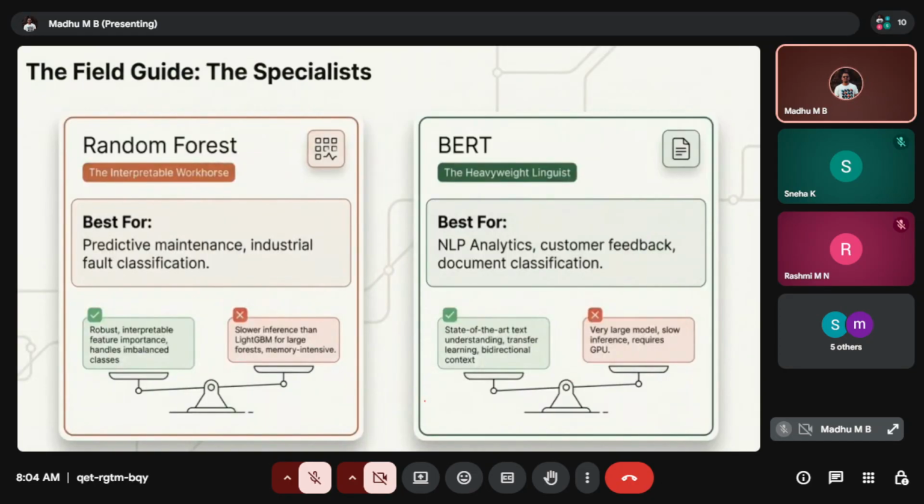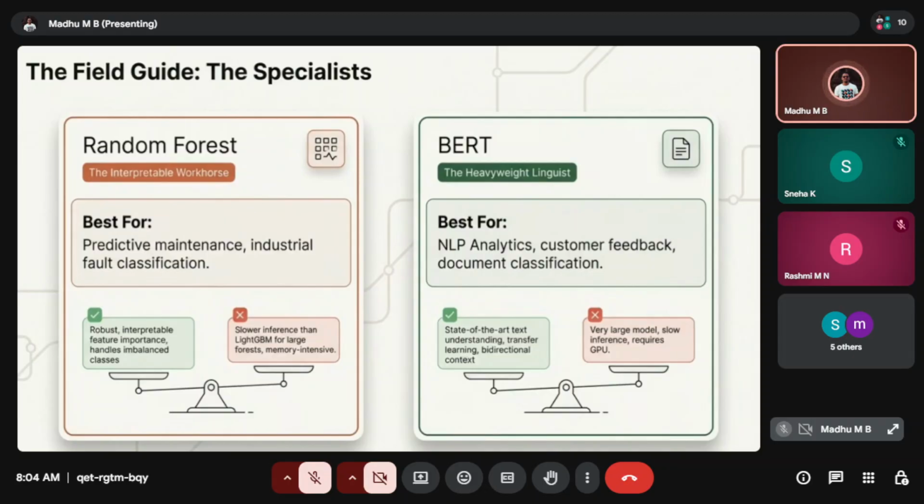So coming to the third part, the field guide, the specialist one. In this specialist one, we have the random forest. This is a very famous machine learning model. You might have heard about the random forest machine learning. This is one of the important models.